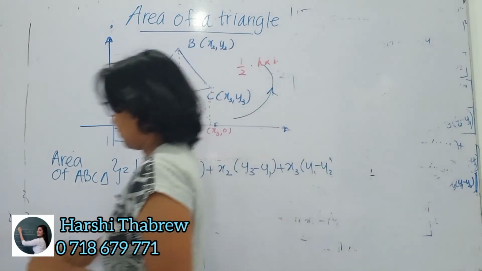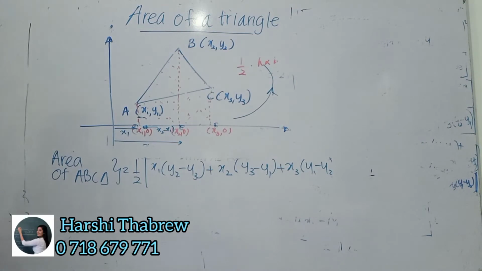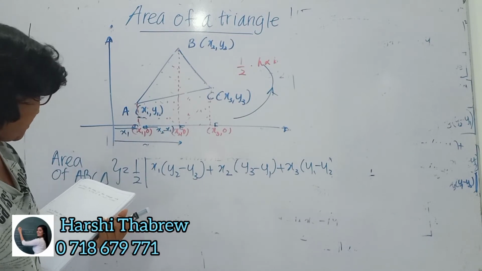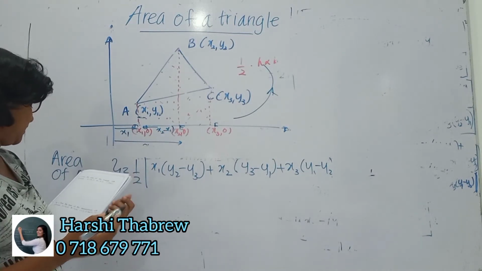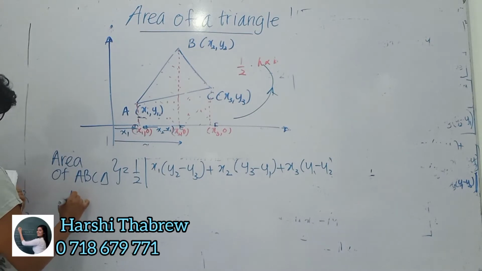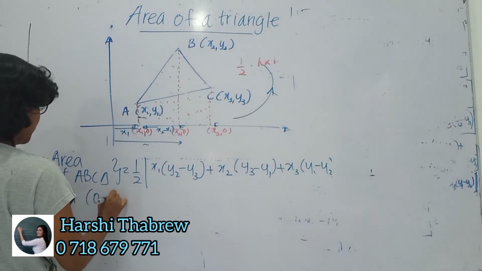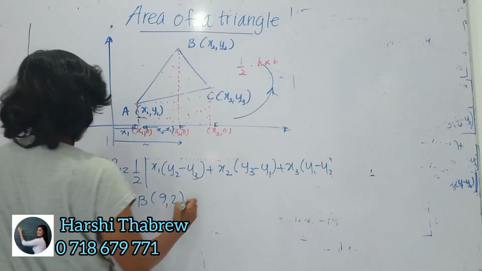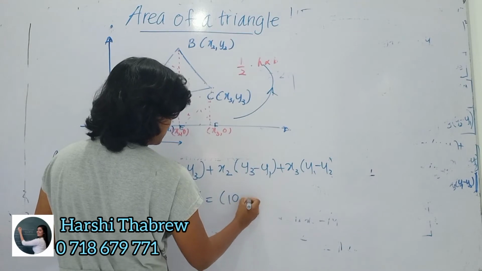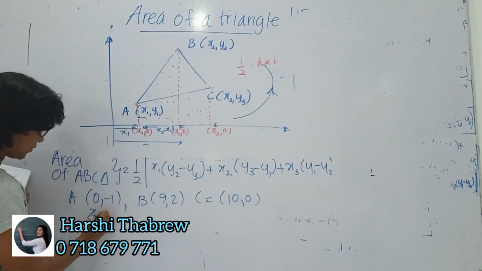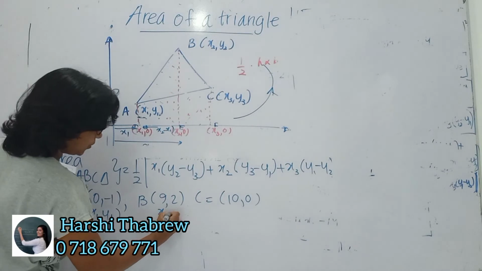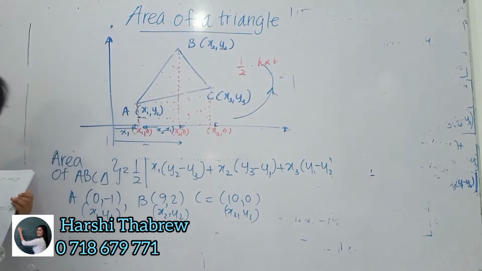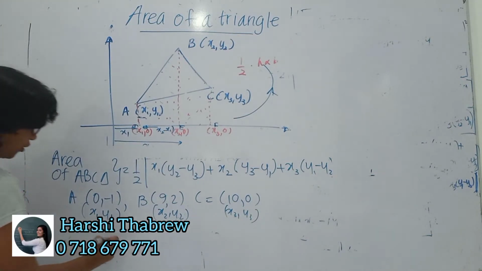Right? Okay. Then first question given in the tute is given just for the practice. Right? Find the area of the triangle with vertices A equals 0, -1, B equals 9, 2 and C equals 10, 0. Then this one will be x1, y1, x2, y2 and x3, y3. Then you can write area